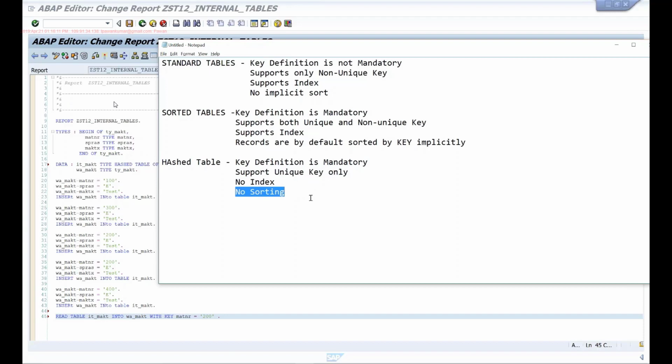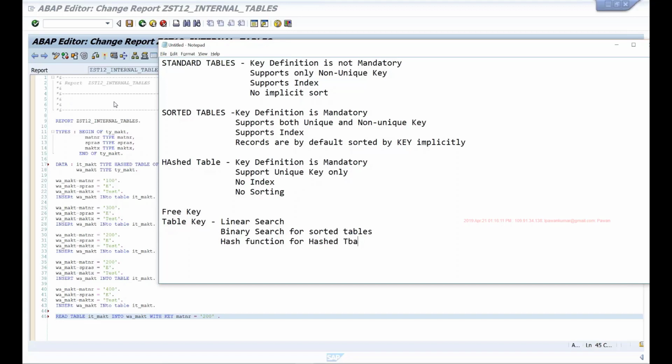Okay. And when you are reading the internal table, we can use free key or table key. When I use table key, it will perform linear search for standard tables, binary search for sorted tables, and uses the hash function for hash tables.